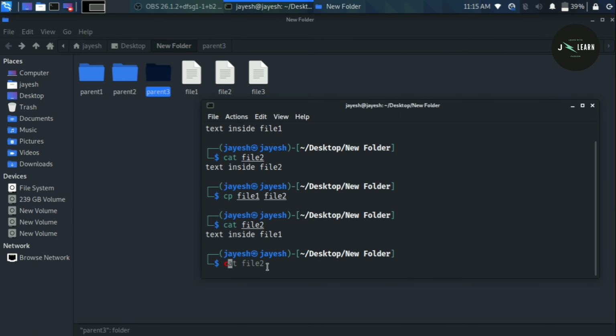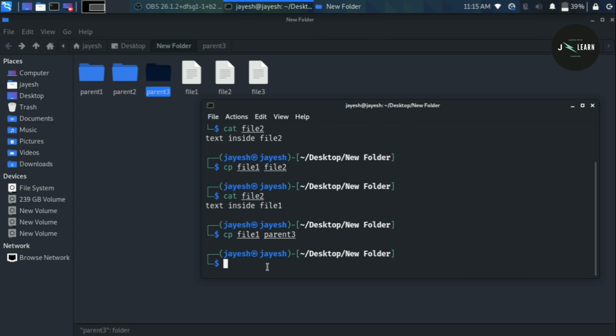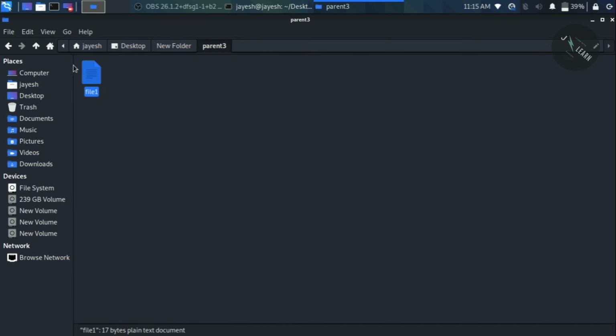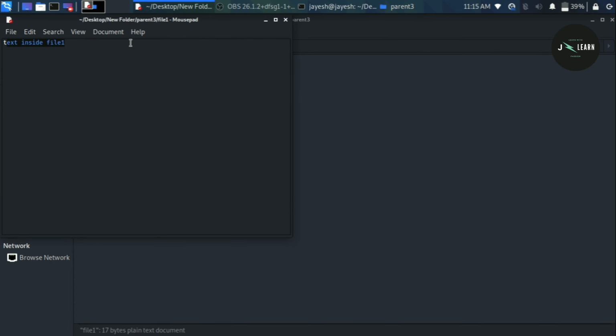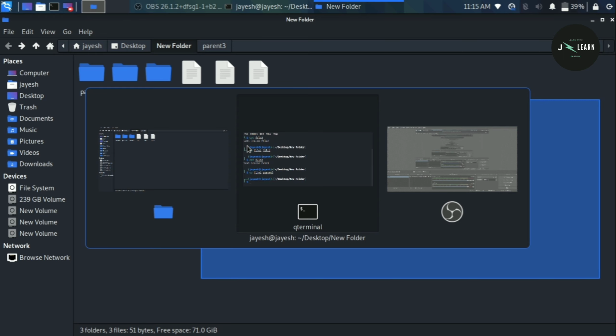Now we will type cp space file1, and now we have to specify its destination, which is nothing but parent3 directory. If we press enter, now file1 will be copied to the parent3 directory. As you can see, this is the copy of this file 1.